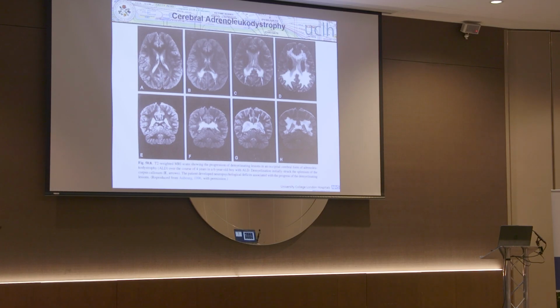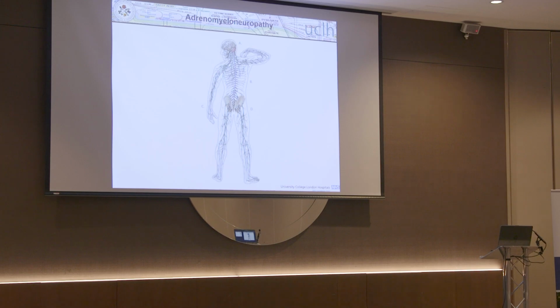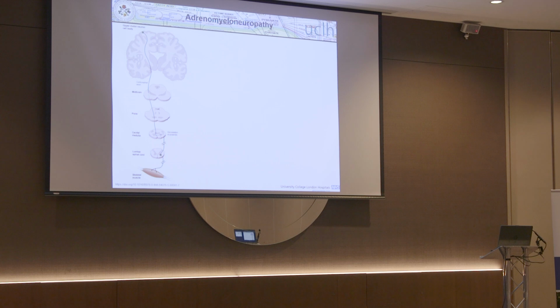So that's what we see in the brain, and that's completely independent of what we then see in the spinal cord and the nerves, which is actually much more predictable. So in most men and many women, over time, they will develop disease that affects the spinal cord and the nerves, but not directly the brain. And that's what leads to what we used to call adrenomyeloneuropathy, but it's more myeloneuropathy now, spinal cord involvement, because lots of patients don't have adrenal disease, so it doesn't always go together. And that's affecting both the transmission of signals from your motor neurons in your brain to the muscles in the legs, and also affecting